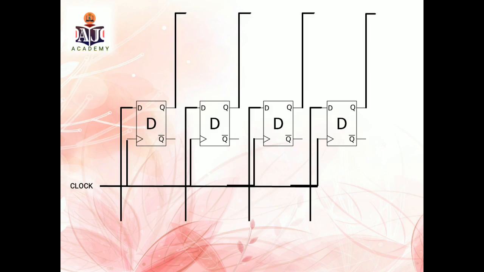The second part is called a parallel load. Here we are going to have two processes, parallel in and parallel out. The bits are going to take parallel input to all 4 flip-flops, and the flip-flops are going to produce the output which is going to pass parallelly out. This is the parallel load.